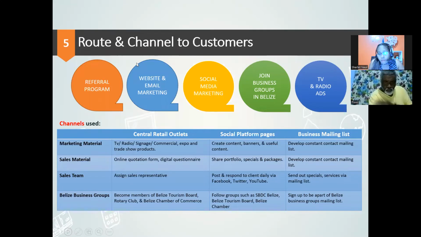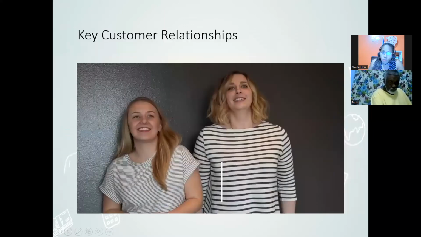I believe that if you're not tech savvy, you're not somebody who is able to design a PowerPoint, get somebody to help you. Or not use a PowerPoint at all for your final presentation, if you can't get somebody to help you. Because appearance does matter. It does matter. All right. So you're going to cover your sales route and your channel, your customer relationship.